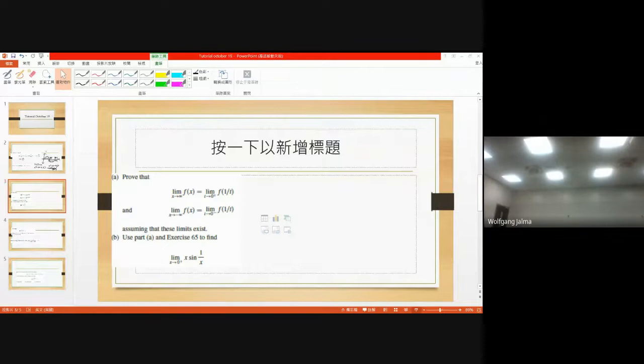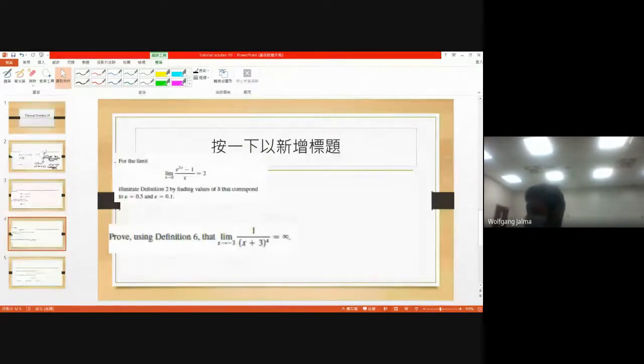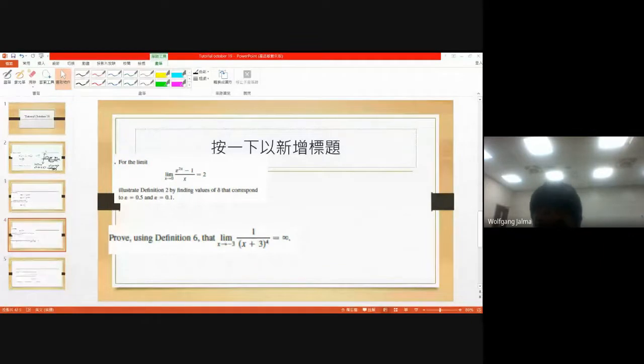Can you see? Okay. Someone else? Oh, for the last question, do we have to consider the x that makes